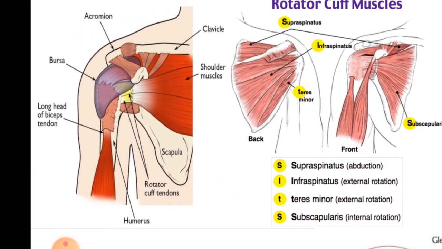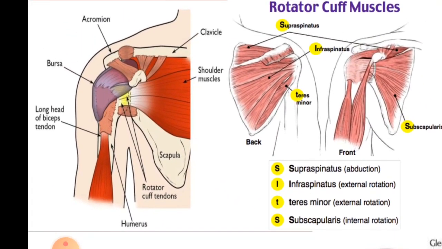Next, we will talk about the structures that are basically providing the stability to the shoulder joint. And the stability to the shoulder joint is mostly provided by the tendons of the muscles, and these muscles are the long head of the biceps brachii muscle, which is attached to the shoulder joint through the transverse humeral ligament, and there is a group of muscles that are called the rotator cuff muscles, and these muscles provide the stability to the shoulder joint.